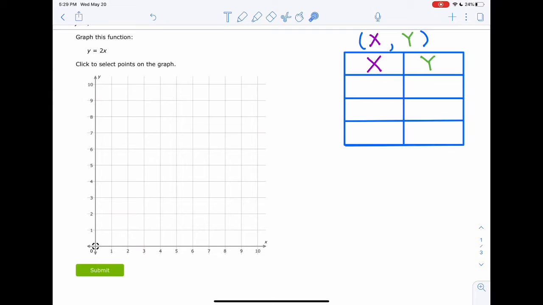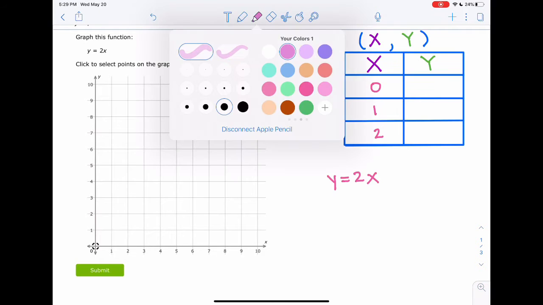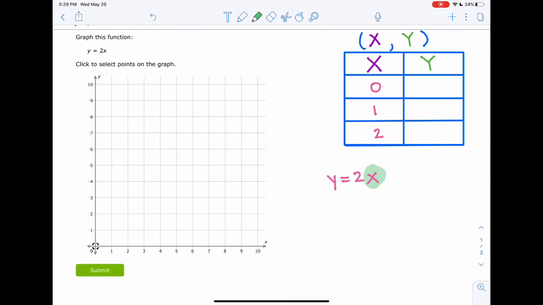And to do that, we are going to pick different x values, and it's always easy to go with 0, 1, and 2. And that basically means that we're going to take y equals 2x, and in place of the x, we're going to substitute these numbers here on our x column. So how does that look? So for example, at